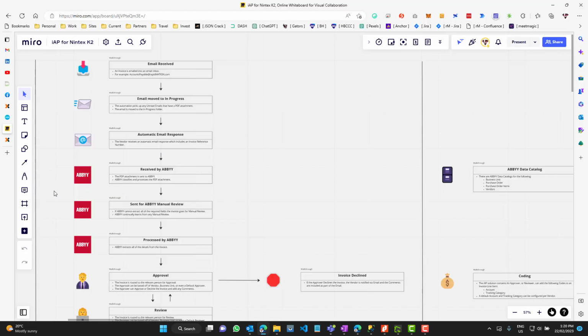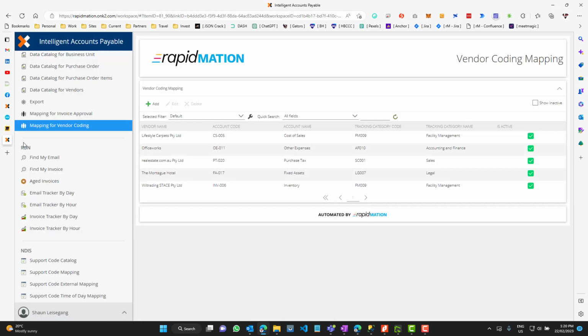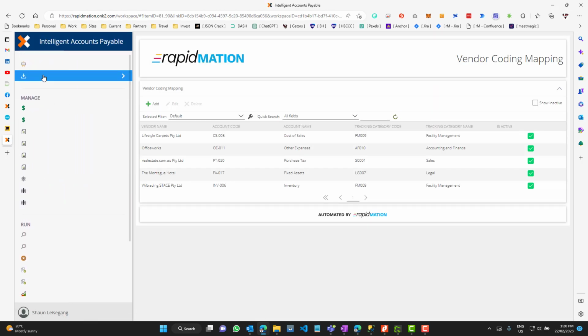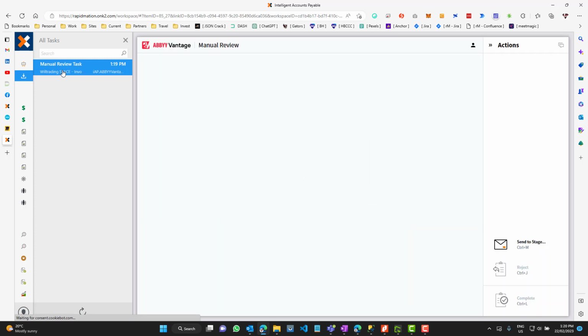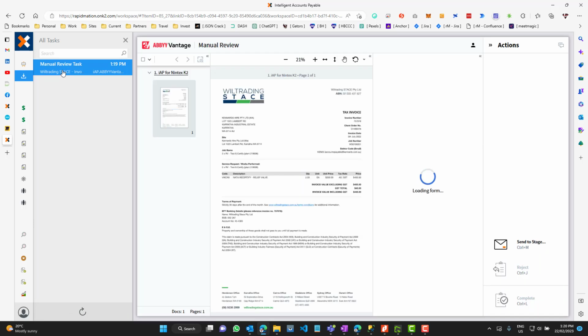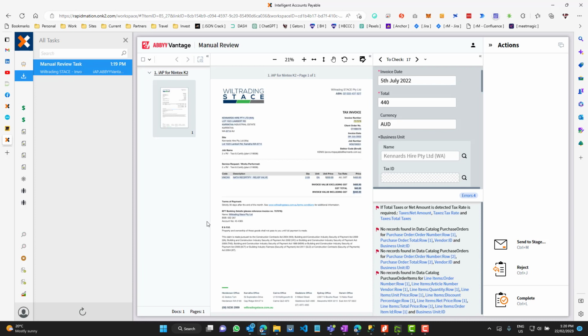Now, in addition to that, they can come back in here and go back up to their task list. And inside their task list, if I just refresh this, we can see that this new task has popped up on this specific screen. And now this user can go through and review all of the invoice details, and they can see all of the things that ABI has managed to extract from it